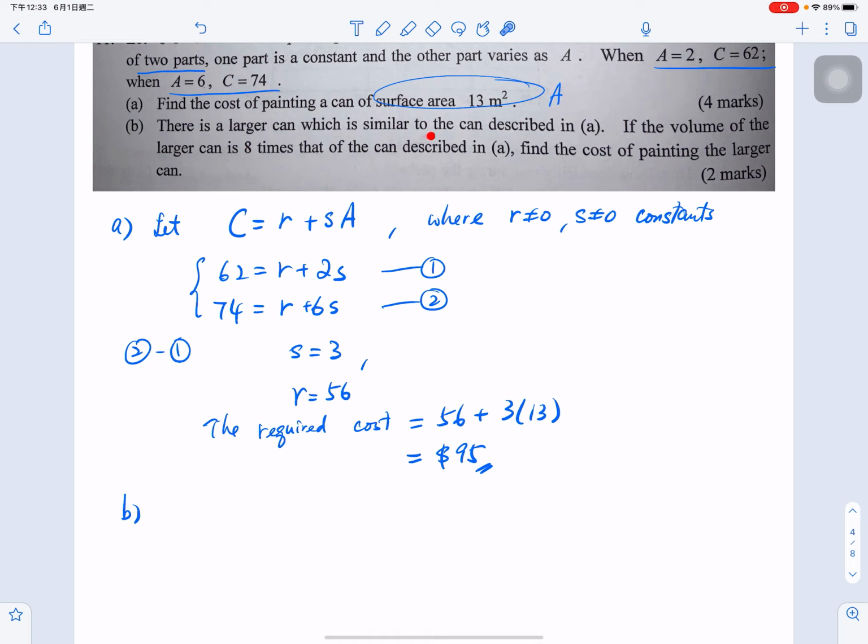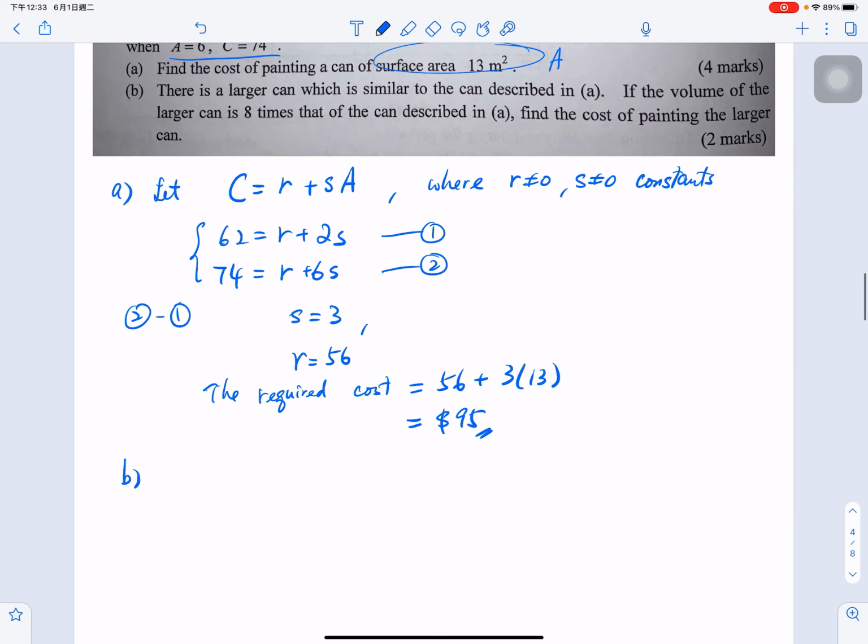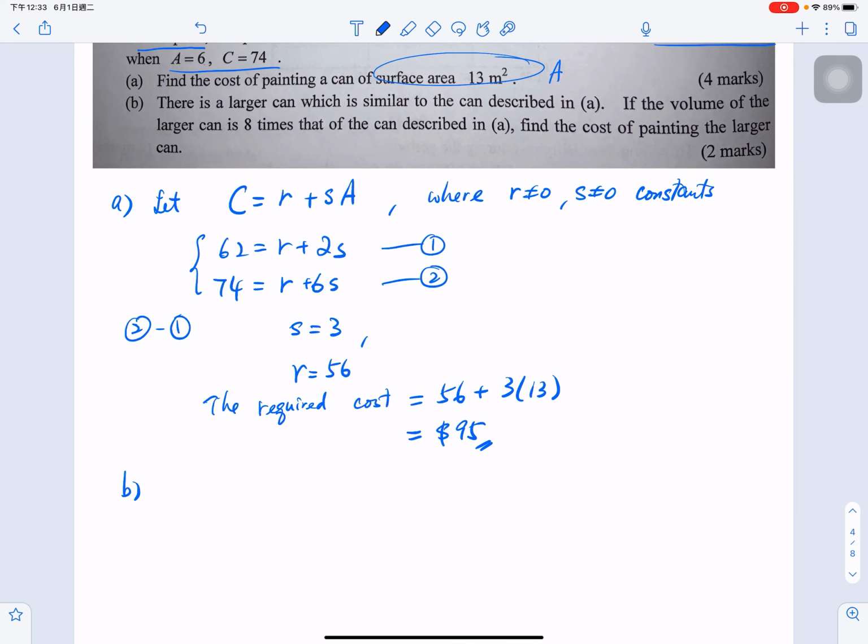Larger can is similar to A. If the volume of larger can is 8 times of the can describing A, find the cost of painting the larger can. OK，咁你見到啦，講緊個 volume 係咪？Volume 8 times。OK，咁你就可以講翻啦。如果係嘅話